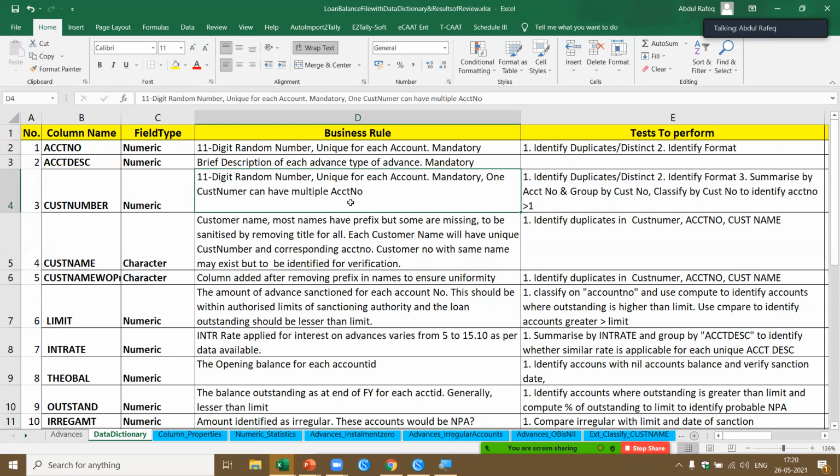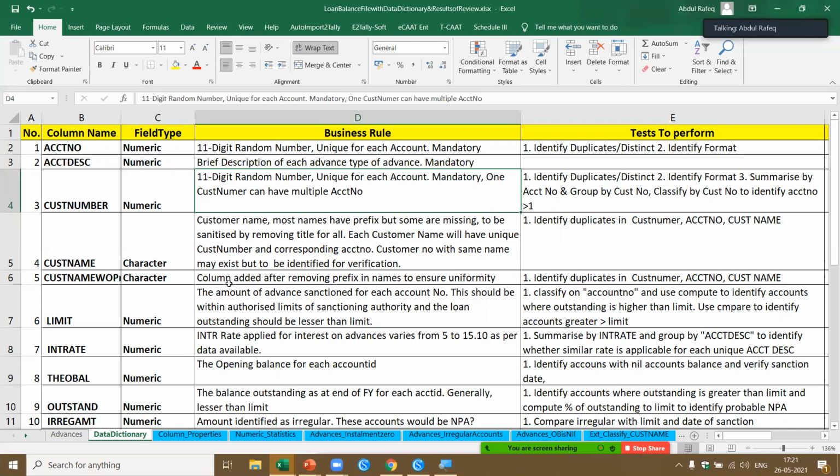For example, a customer can be given multiple loans, but each of the account numbers will be unique. So the customer number could be duplicate in the sense that for each account number, I'll tag it to the customer name. If I identify duplicates in customer number, I'll be able to identify how many loans have been given to each of the customers.